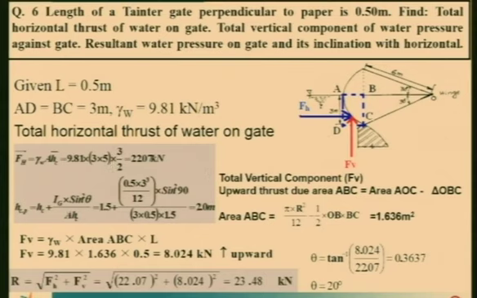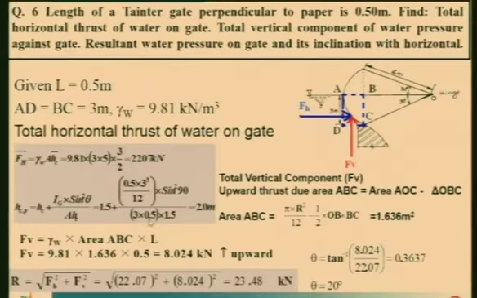Where is the location? Same formula. HCP is equal to HC plus Ig sin square theta by A HC. It is a vertically immersed gate. Theta is again 90. Ig is 0.5 into 3 cube. 0.5 is the width, you remember. 3 cube is the depth. I always told you BD cube by 12. D stands for depth. So 0.5 is the length into D cube. 3 cube by 12 is the Ig, and sin square 90 divided by the area, which is 3 into 0.5,